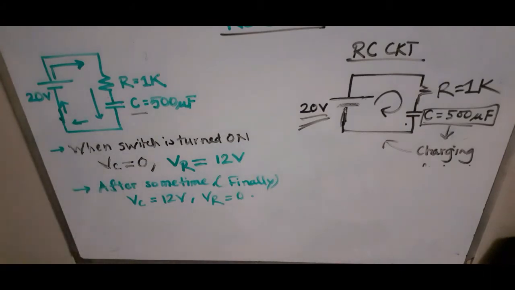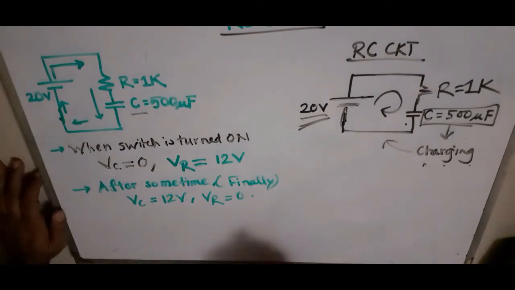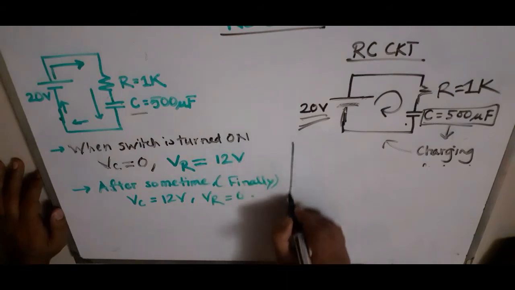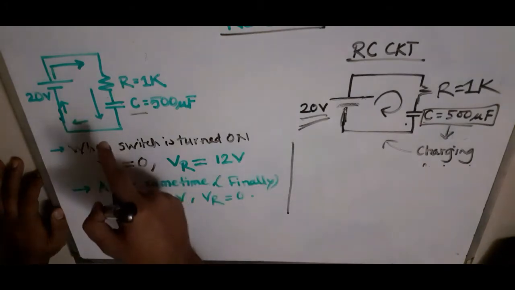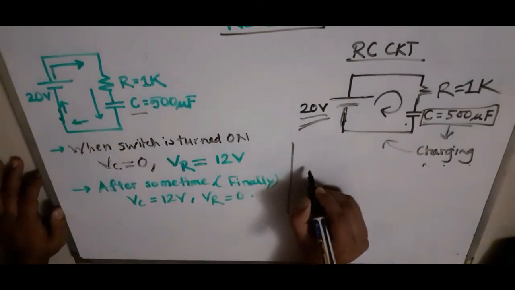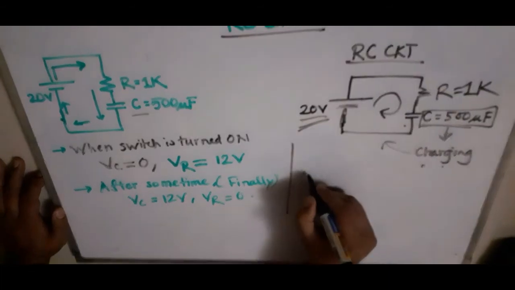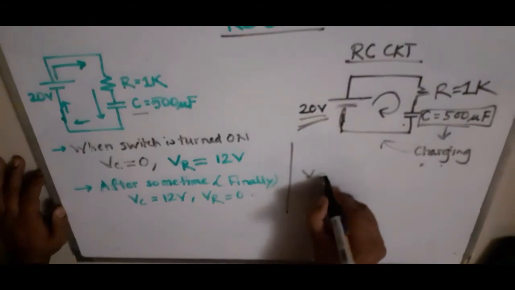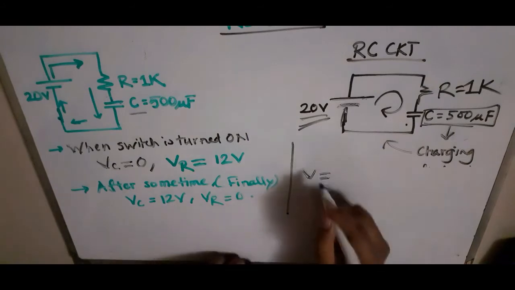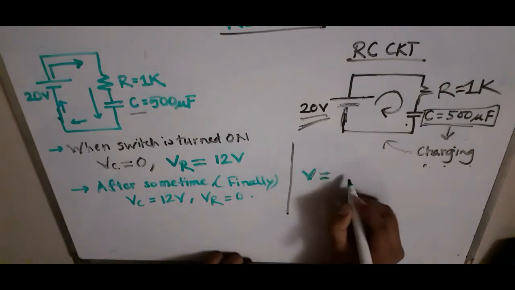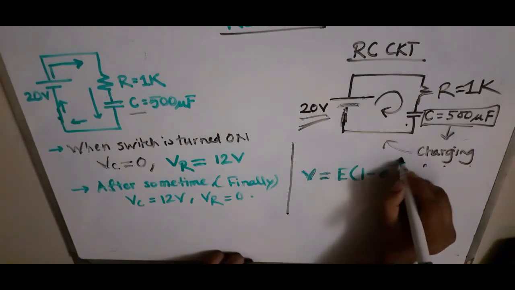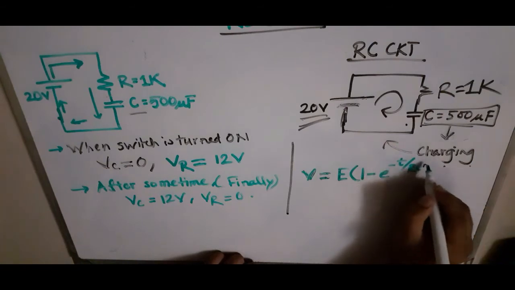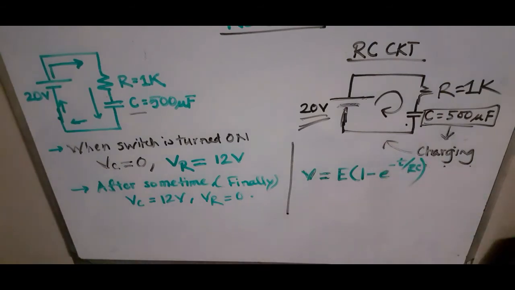And there is another thing you need to remember, that is the equation. What equation? The equation that explains the charging of the capacitor. It is denoted like this. V is equal to E multiplied with 1 minus e to the power minus t over tau, t over RC. Okay,